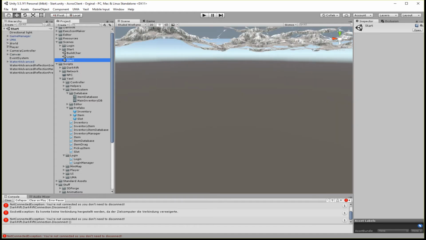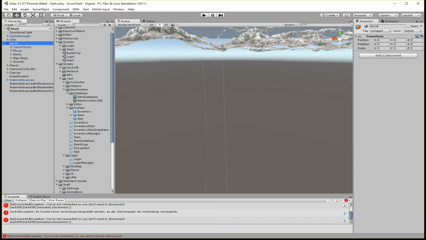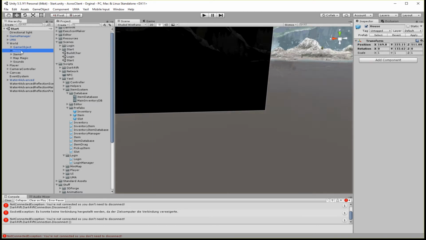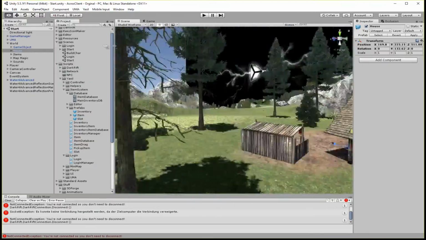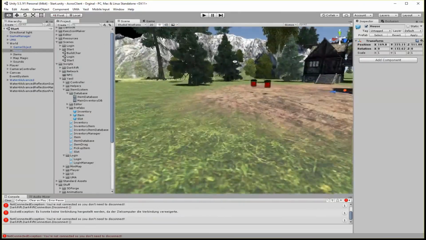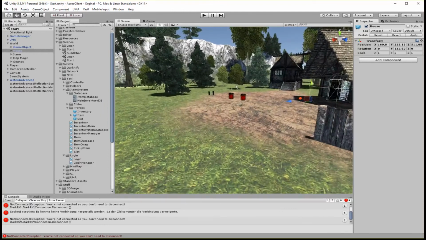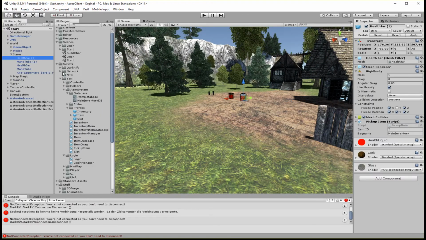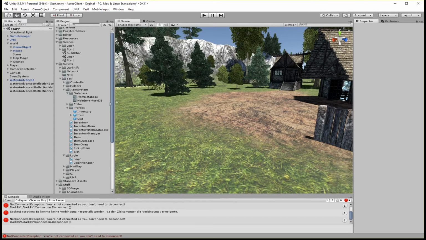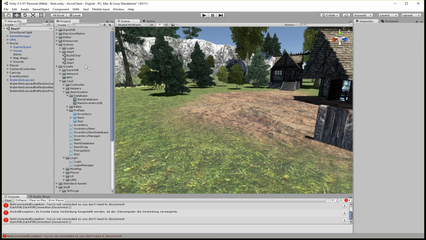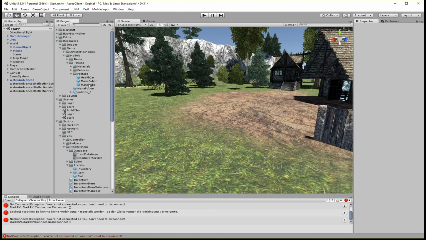So in the scene we got our world, and there are our houses. So let's see. I got a couple items there. We just delete them, and we go and kick them here. So we drag our item we just made. It's under resources, and there's the item we just made. Is this one,